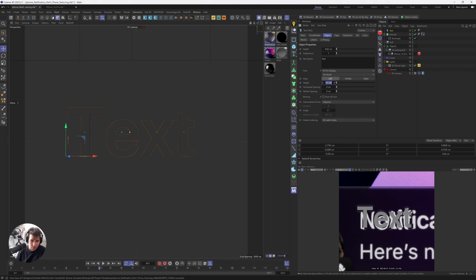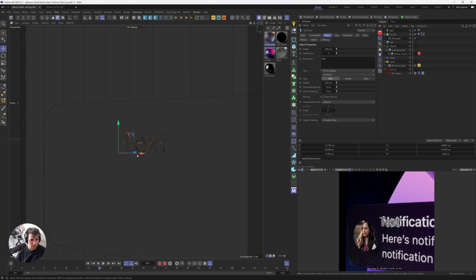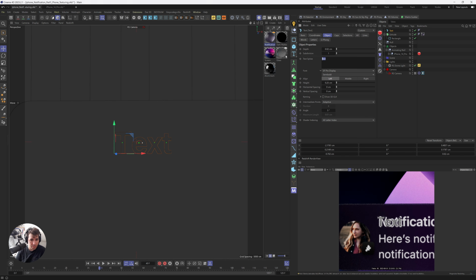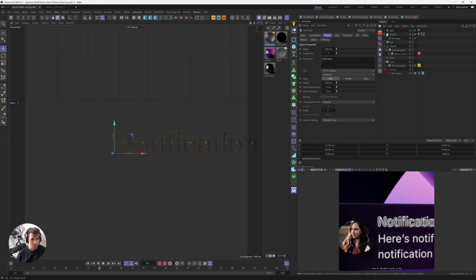That's too big, so 0.25, and now I'm gonna write same thing, just gonna notification, and we look at if this aligns. So it's just gonna go to that text, move it a little bit on the side, and just looking for sign. Yeah, we can do a little bit larger, so 0.28, and this is the way